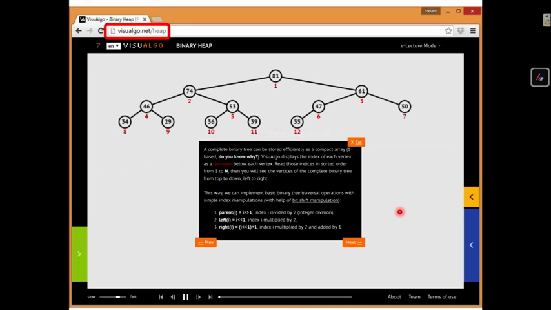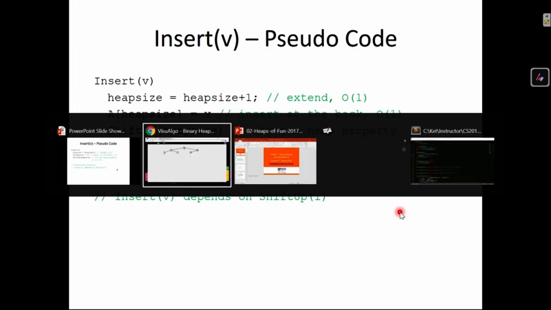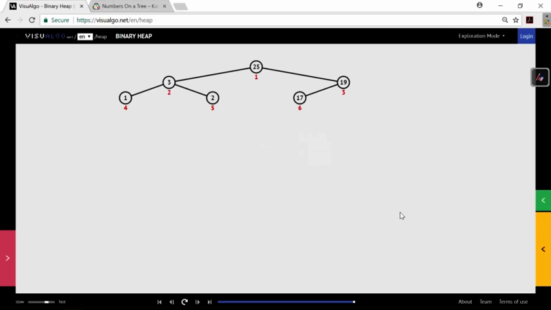Okay, let me just go back to the slides. So there are a few operations that a max heap has. Just come back here. Click on this left side, and you'll see some of the operations that you have. Of course, you have some way to create the heap. Then you have